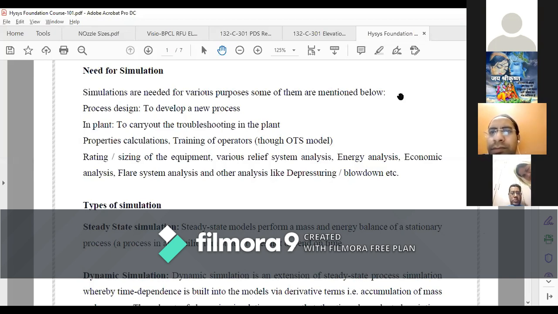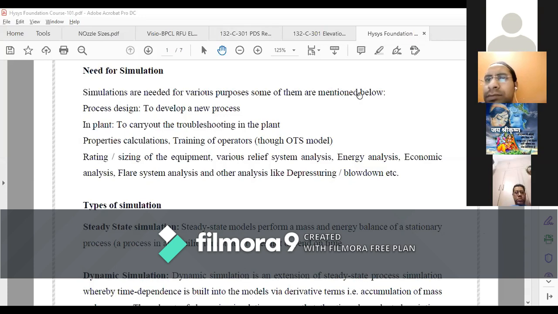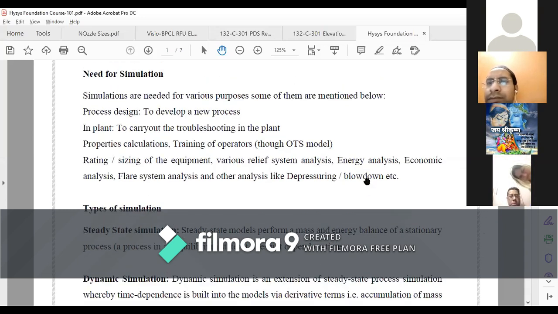The purpose of this OTS model is that if a new joinee or any GET is joining a plant, one option is that the GET will be associated with an experienced person, any senior person of the plant who has experience of that plant.